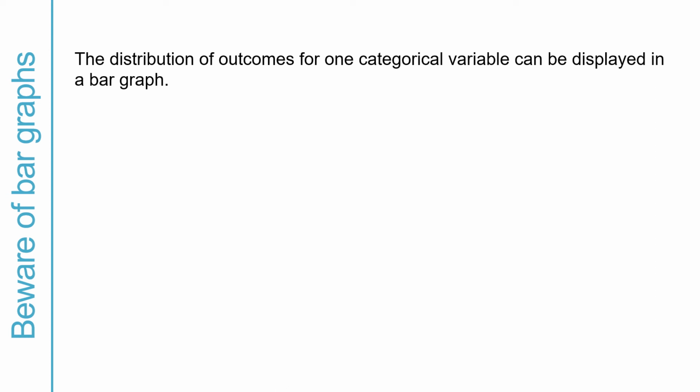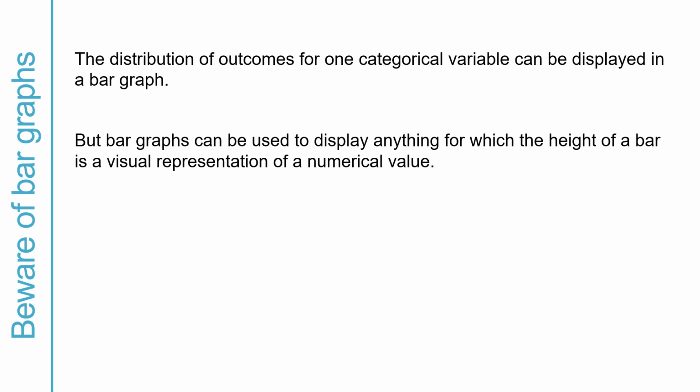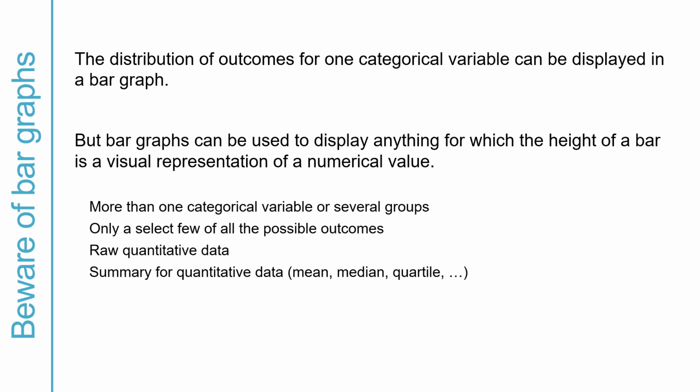The fact about bar graphs is that yes, we can use a bar graph to display the outcomes of a categorical variable, but bar graphs can also be used to display anything for which the height of a bar is a visual representation for a numerical value. The bars in the bar graph may represent the outcomes for one categorical variable, or the outcomes for more than one categorical variable, or even the outcomes of one categorical variable when comparing several different groups. The bar graph may also represent only a select few of the possible outcomes